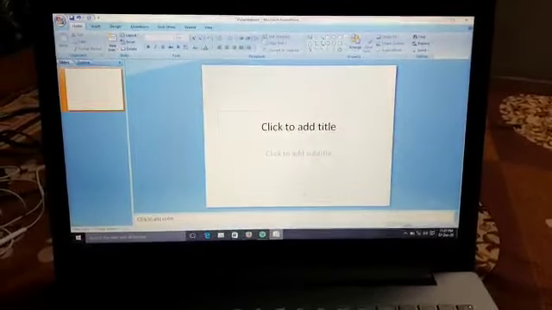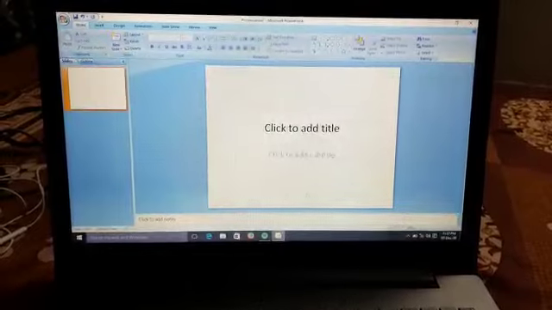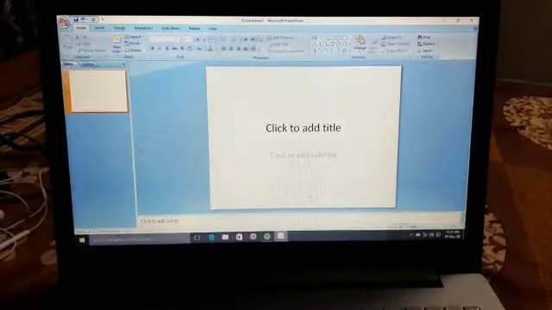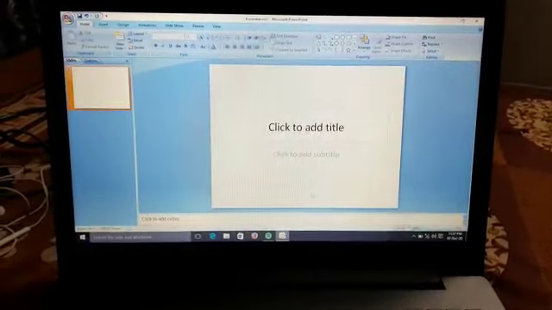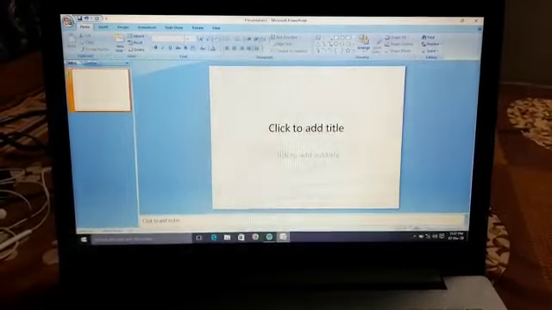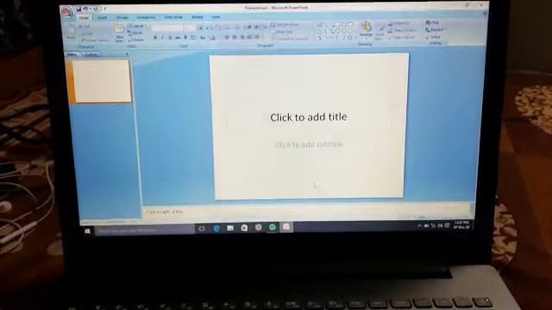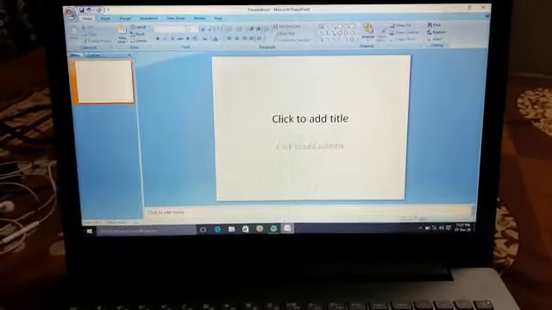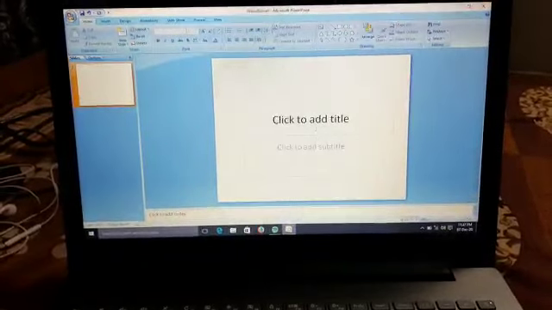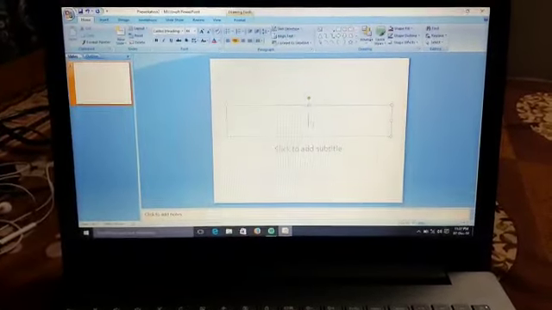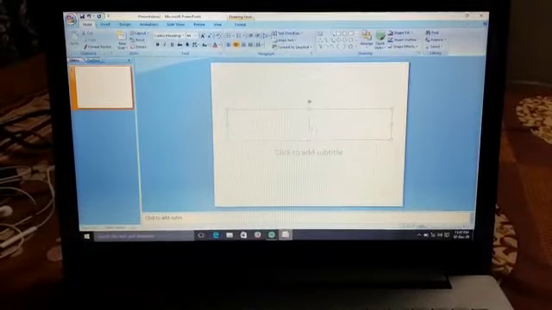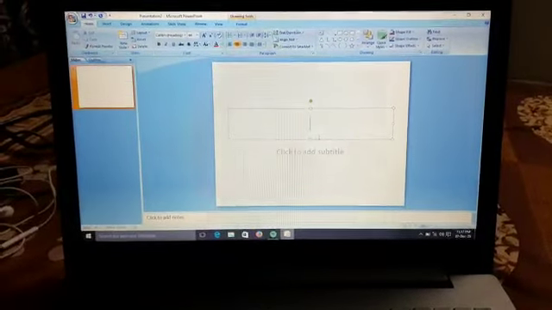Now, coming to the next topic, adding text in the placeholders. As I told you, we have two placeholders. One is Click to add title, and the second one is Click to add subtitle. In the book, it is given: click on the Click to add title placeholder. You will see the cursor blinking in the placeholder. Type the desired text.